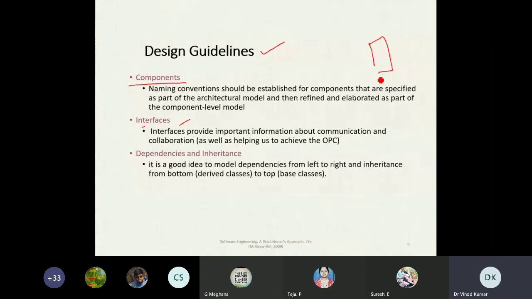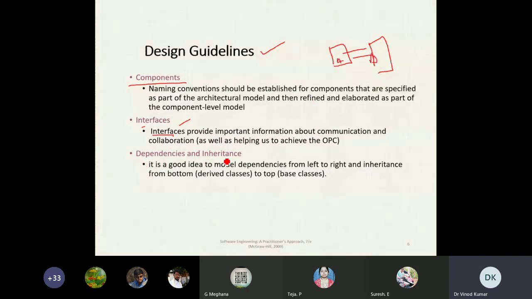If two components are there, you have to make an interface for how they will communicate. The interface provides the information on how to make the communication between component A and component B.